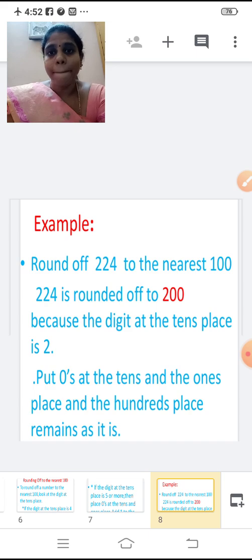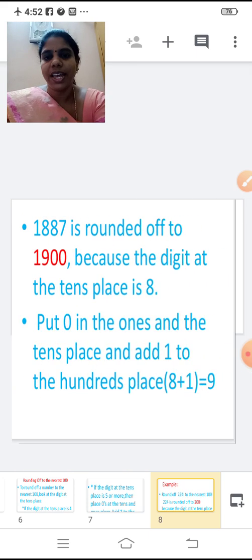See the digit at the tens place. If it is 4 or less than 4, place zeros at the ones and the tens place, and the hundreds place remains as it is. So 2 will not change. Next example,